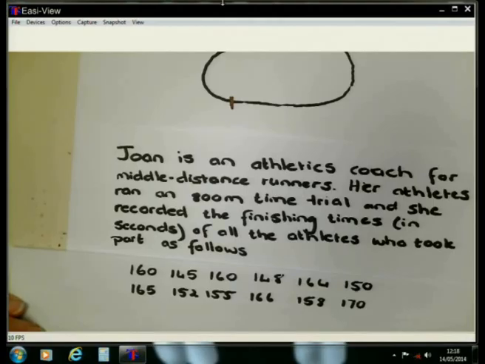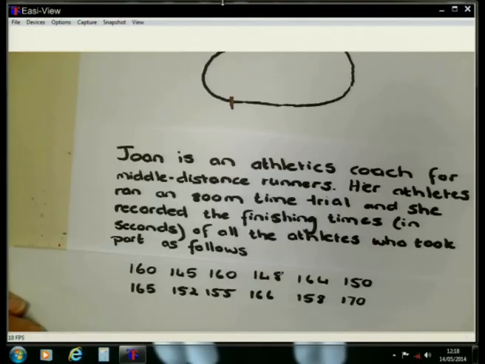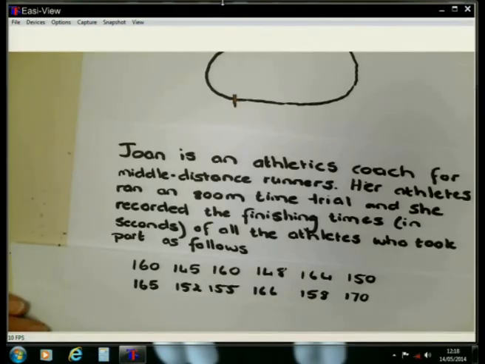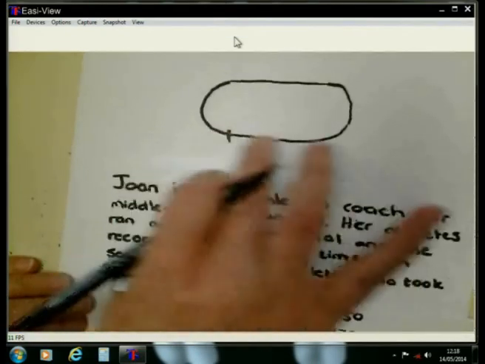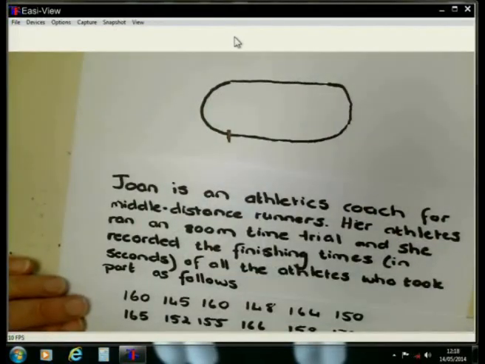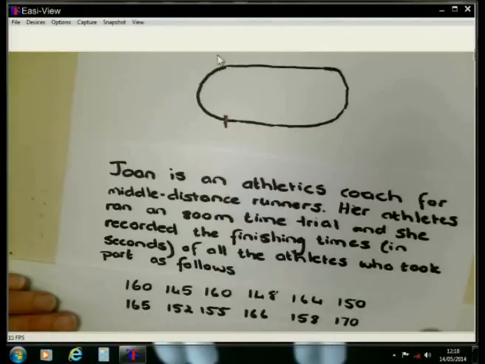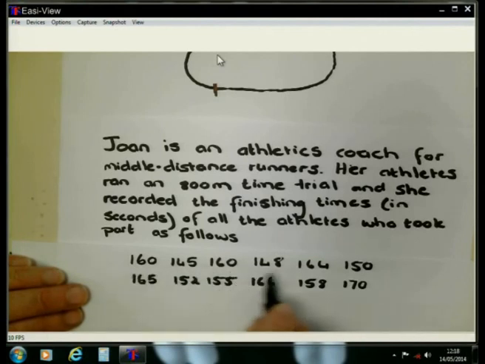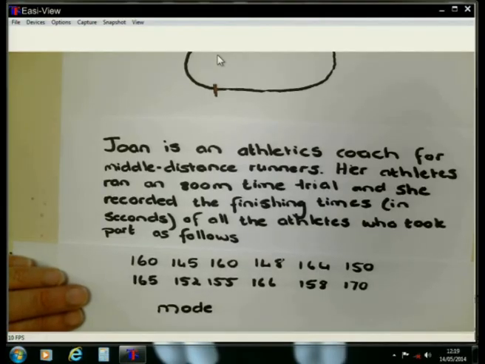The next thing that we are going to do for this set of data is determine the mode. I'm still working with exactly the same example as we used when we were doing the median and the mean. We are still working with Joan and her athletes running around the athletics track, the amount of 800 meters. If we now look at the data set, I'm going back to when the data set was not arranged yet. When we do the mode, you can choose whether you want to arrange the set of data or whether you want to work with it as it is here, not arranged.